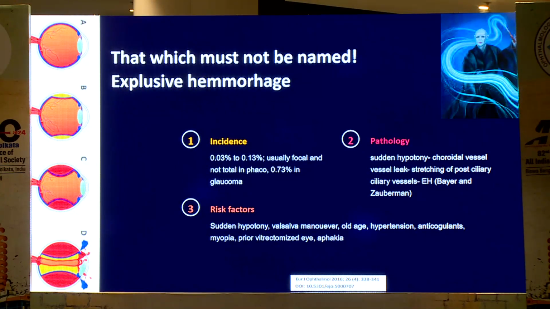This very often happens because of a sudden hypotony, which causes the choroidal vessels to leak, stretching the posterior ciliary vessels, and thus causing the expulsive hemorrhage. So the risk factors here would be sudden hypotony, Valsalva maneuvers, old age, hypertension, anticoagulants, myopic eyes, prior vitrectomized eyes,